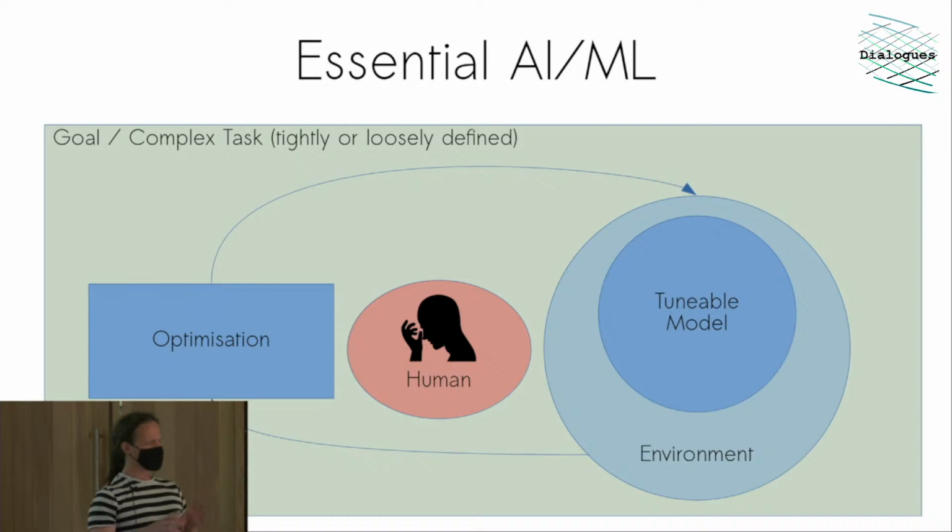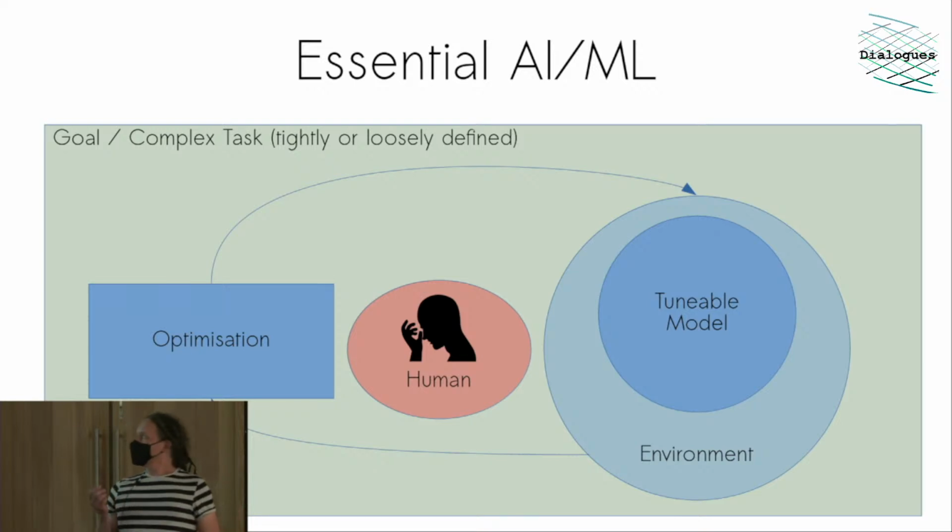So we've got some quite tightly defined goals that people have, but also we might have very loosely defined goals, especially in creative machine learning. Your goal might be, for example, I want my instrument to sound better. I want it to sound more complicated and interesting, but I don't really know how I'm going to do that. So how do you engage with that process when you've got some really loosely defined goals?